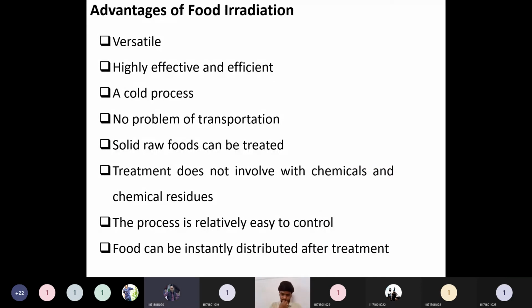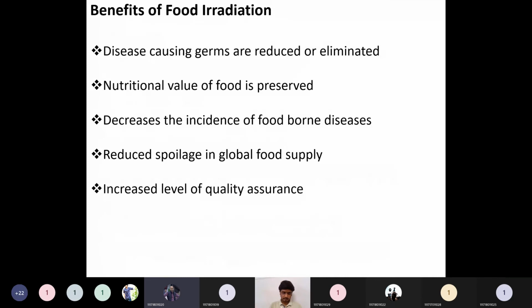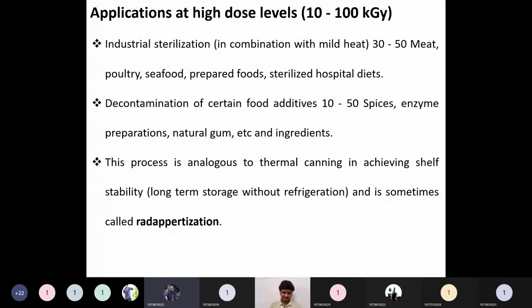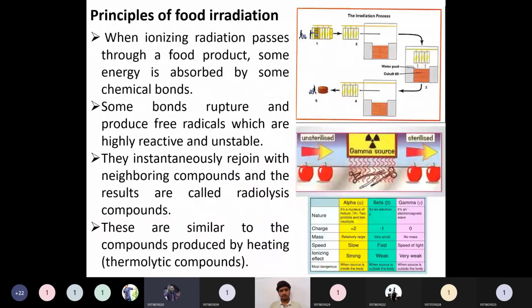For raw vegetables and fruits, where do they do food irradiation, sir? Raw vegetables and fruits, where do they do the irradiation process? Where do they do it, in industry you are asking, or some process you are asking? Industry, sir, because raw vegetables, when can they do it? If government buys those raw vegetables, will they do it?